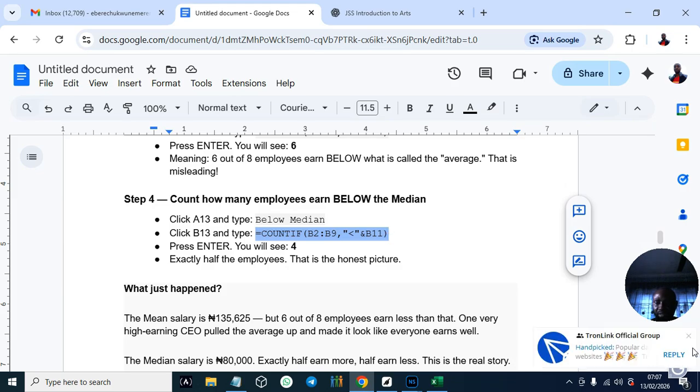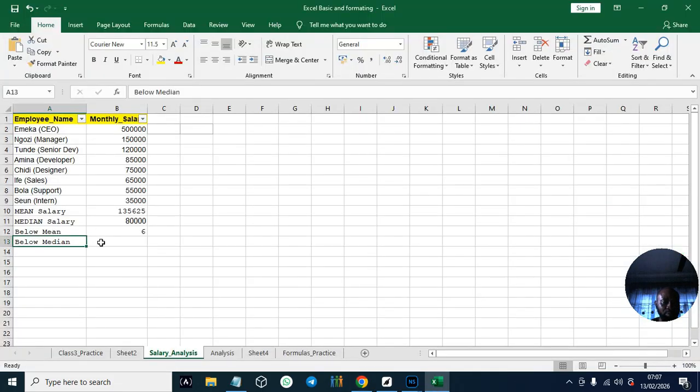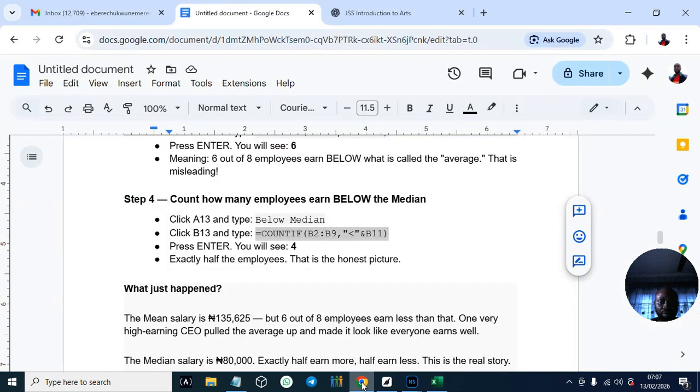Don't just be studying it, make sure you're doing it. As you're doing it, it helps you to memorize the formula. So it's 4, right? It's 4. Exactly half the numbers.